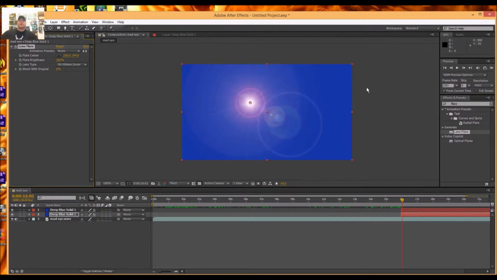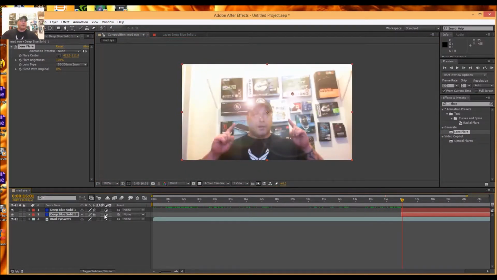Alright. Now, you notice you see lens flares, but you don't see the picture underneath. Oh no. What am I going to do? Well, the way these lens flares work is you have to come over here, see where my mouse is, check my mouse, and click this and this. Each solid is not see-through until you say, hey, make it see-through, and that's why it's a half circle. So then you can see your picture, and you can see,